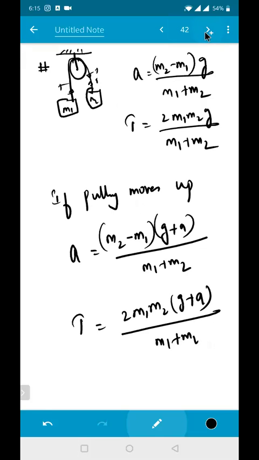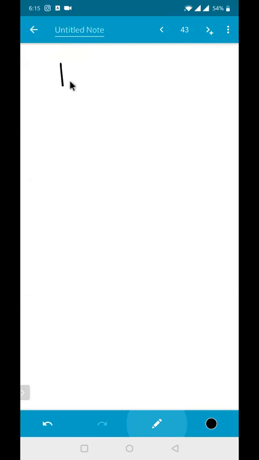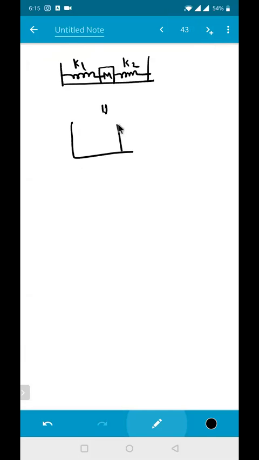And next one is springs connected in series or parallel combination. Like say, if the block connections are given something like this, for example, there is a block here, capital A, and there is one spring here, and there is one spring here. This is spring constant K1, this is spring constant K2, isn't it? Or else if the situation is something like this, there is a block here, and this is your wall, and there is a spring connected to this one. These are what type of combination?